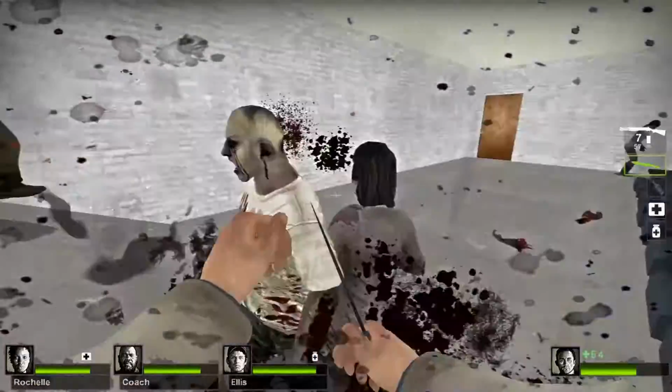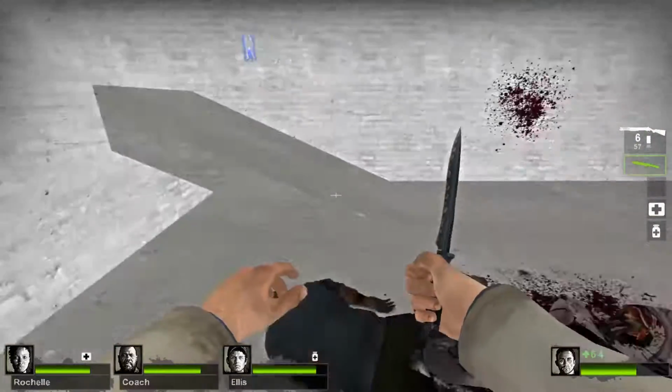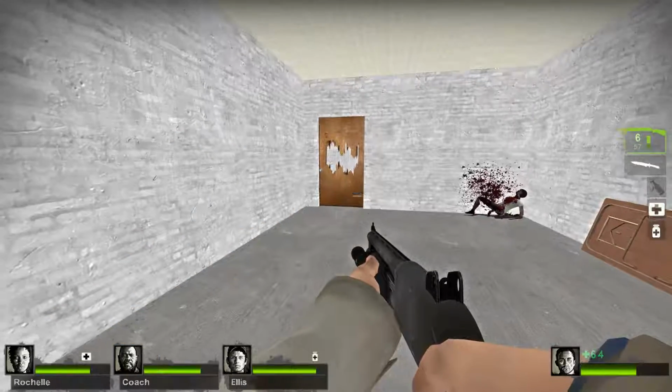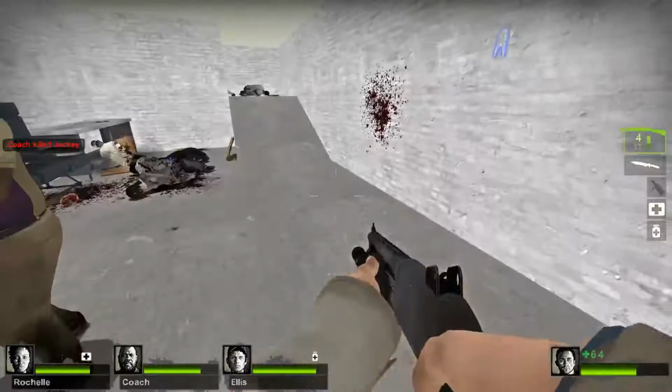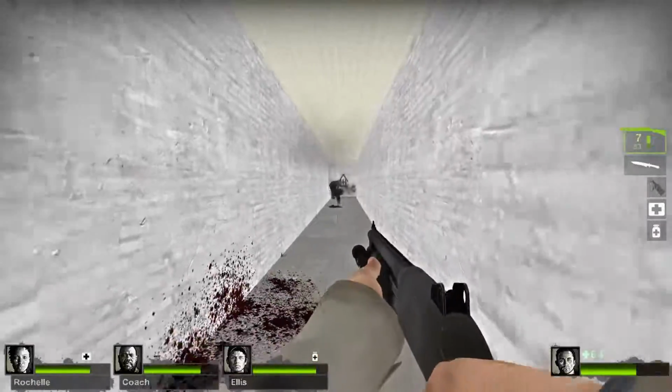Give me the knife. Did the witch spawn here? No. That means the witch spawned in the tunnel. But then we're like, okay. We know the safe room. We know the safe room is down that hallway. So now...